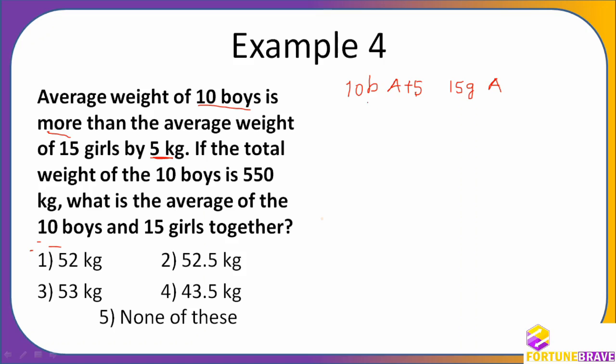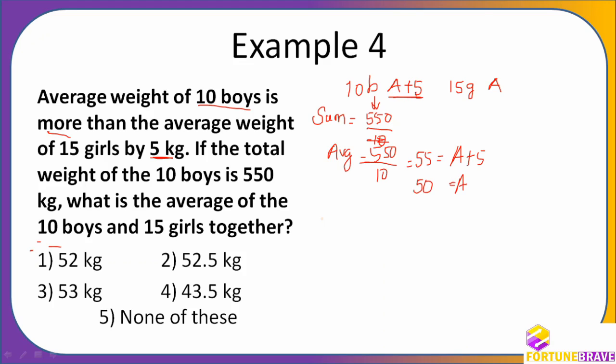Okay, fine. Now what they are giving is the sum. They are giving the sum as 550 only for boys. So I can find out the average very easily. To find the average, I will write it here so that you don't get confused. Average is equal to sum divided by number, because they are 10, it will be 55. So A plus 5 is equal to 55. Now I can find the average. Therefore A will be 50. How? Don't ask me, because this is 5 more, so this will be 5 less, right? So now I found out that this is 50 and this is 55.